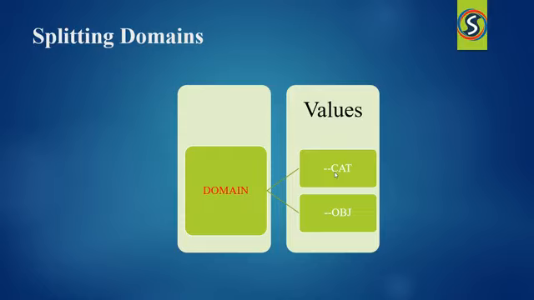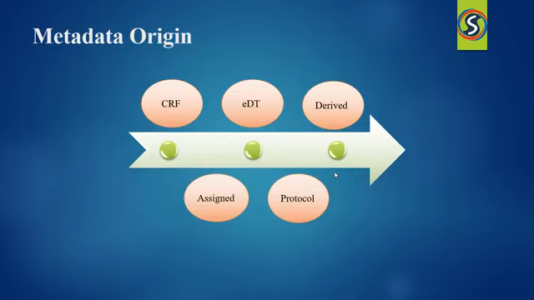Now let's see about the metadata origin, the origin of your metadata based upon the variables. The origin column of define.xml is used to indicate where the data originated. Its purpose is to unambiguously communicate to the reviewer whether data was collected on a CRF and thus should be traceable to an annotated CRF, or derived and thus traceable to some derivation algorithm, or assigned by some subjective process that may be traceable to some external evaluator. And the